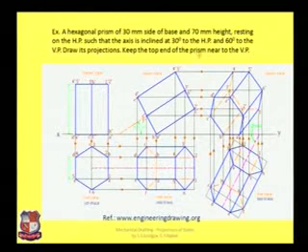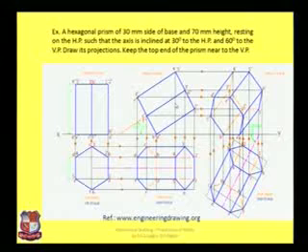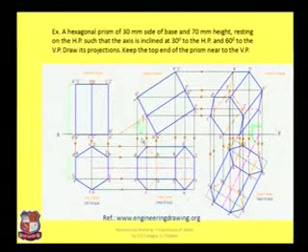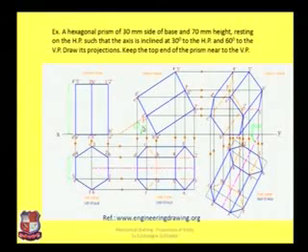Now here it is given that the axis makes an angle of 30 degree with horizontal plane. So redraw this rectangle such that its axis makes an angle of 30 degree with xy line. So we have redrawn this rectangle such that this axis makes an angle of 30 degree. So obviously this B dash 2 dash or A dash 1 dash side, this side will also make an angle of 30 degree with xy line. Now after drawing or redrawing this front view at an angle of 30 degree, take projections